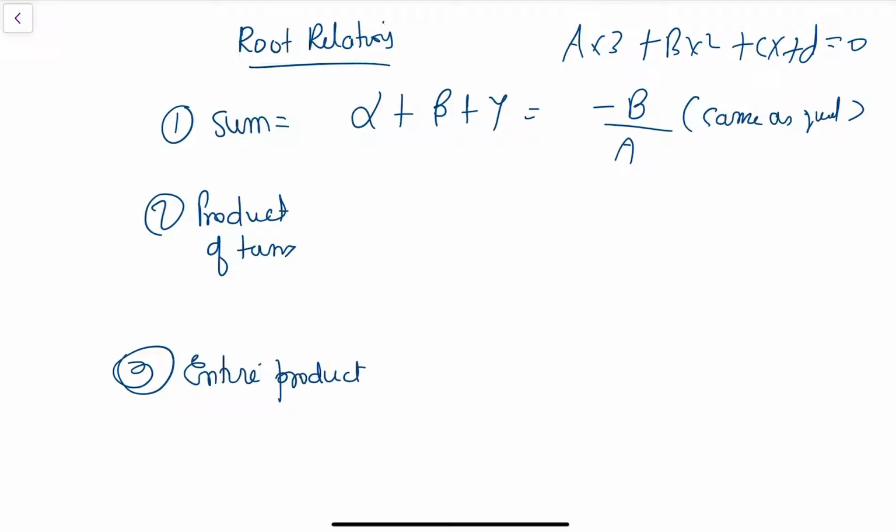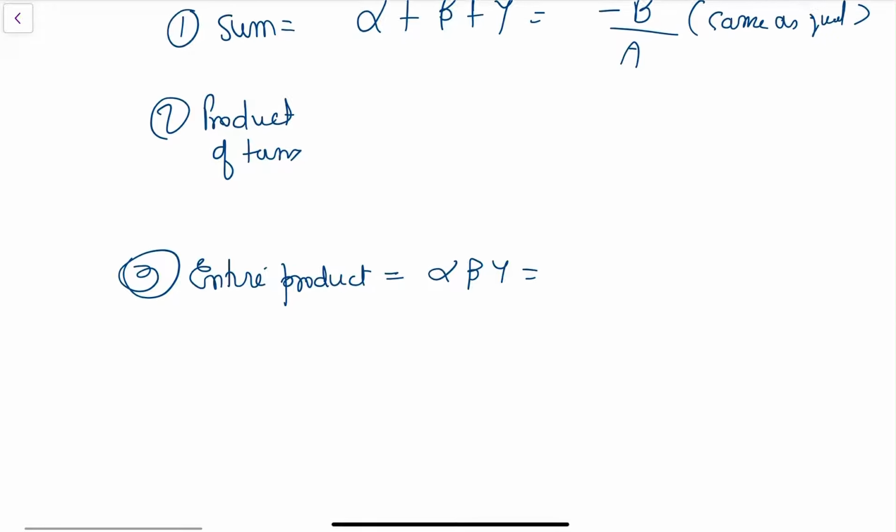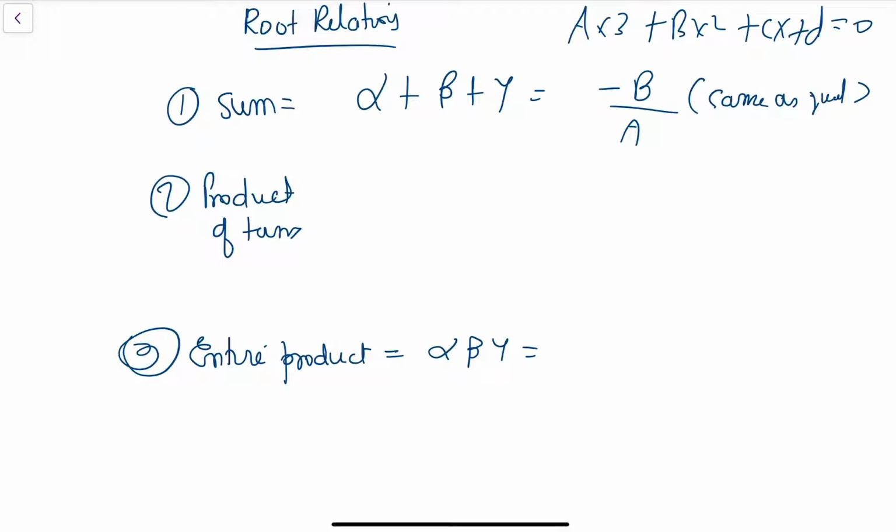Okay, then in your entire product means alpha, beta, gamma. In your quadratic equation, when you multiply both the roots, that is alpha and beta, you have what? C by a. C is your constant there. In this case, my constant is D. So my alpha, beta, gamma is D by a. But one twist, it's not D by a, it's minus D by a. D is your constant. Just like in quadratic equation, it was constant upon a. Here also the product is constant upon a with a negative sign.